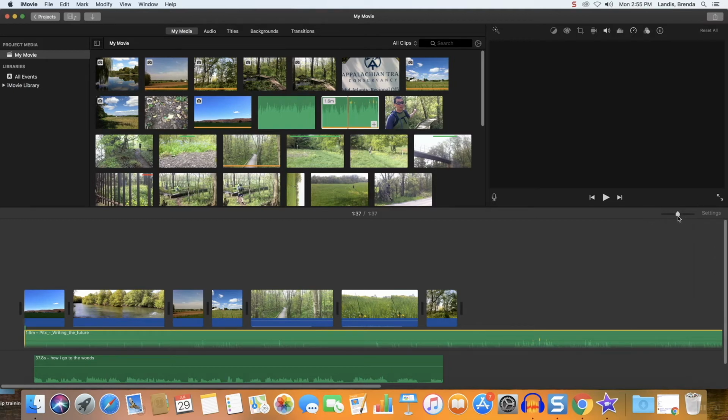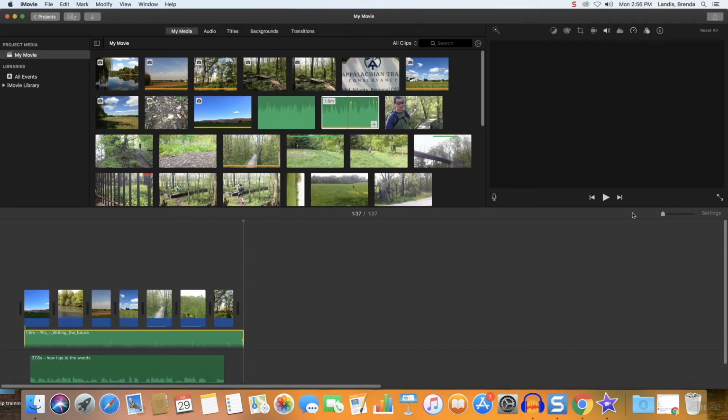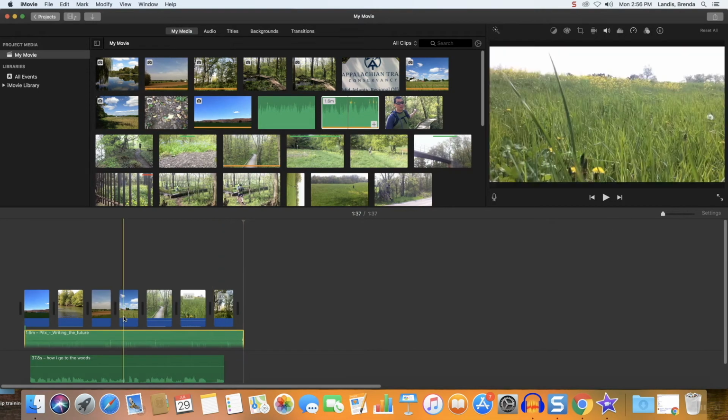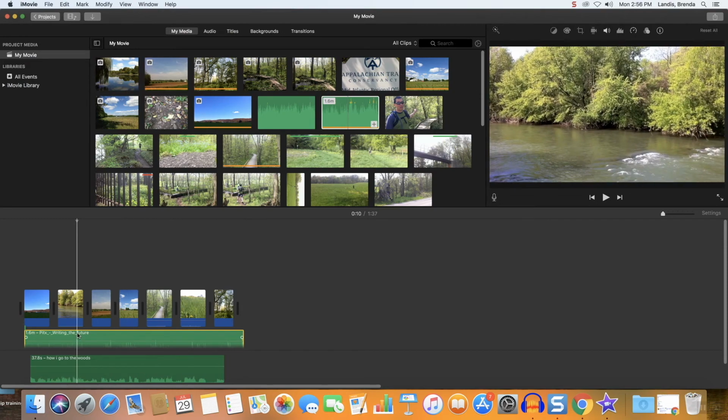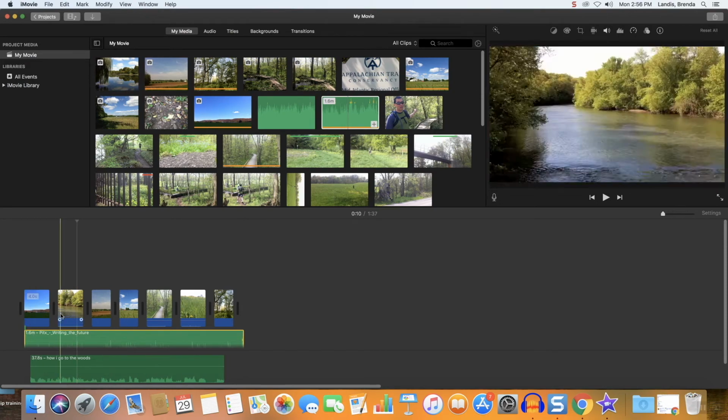Here underneath our preview screen, we do have another slider bar, which is essentially the same thing that we have up here in this gear. And this allows me to shrink everything down so I can see everything all in one screen. If I listen to this,